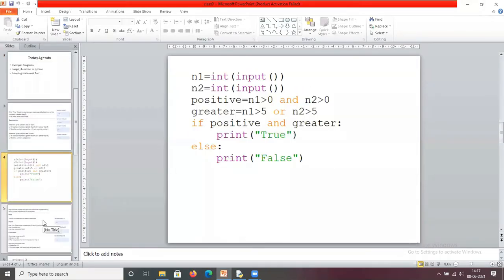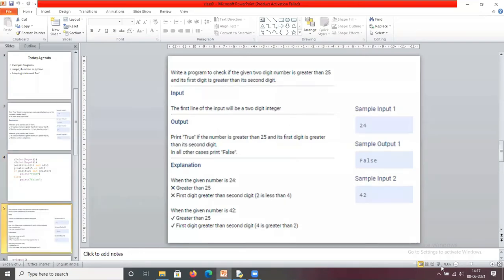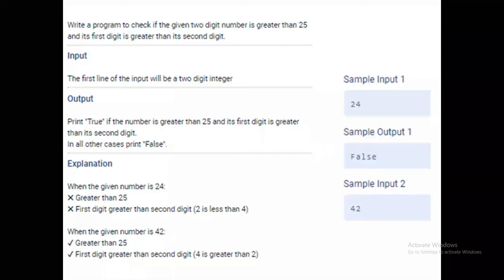so now we move to the next question. So this is the question. Write a program to check if the given two-digit number is greater than 25 and its first digit is greater than its second digit.